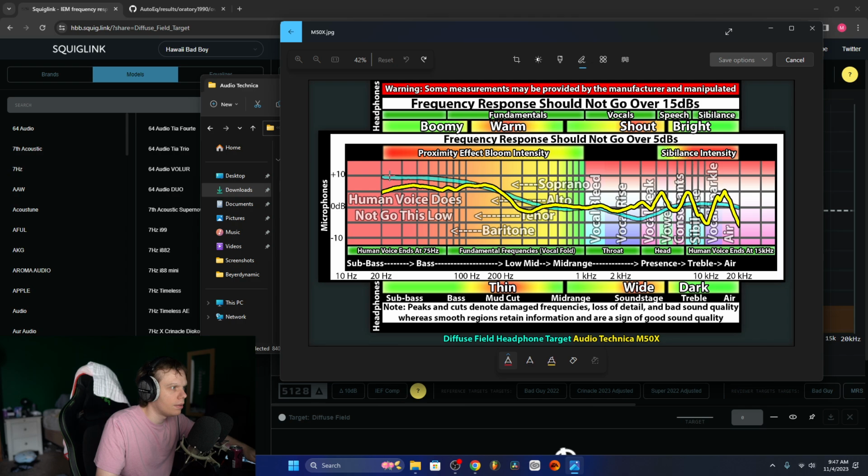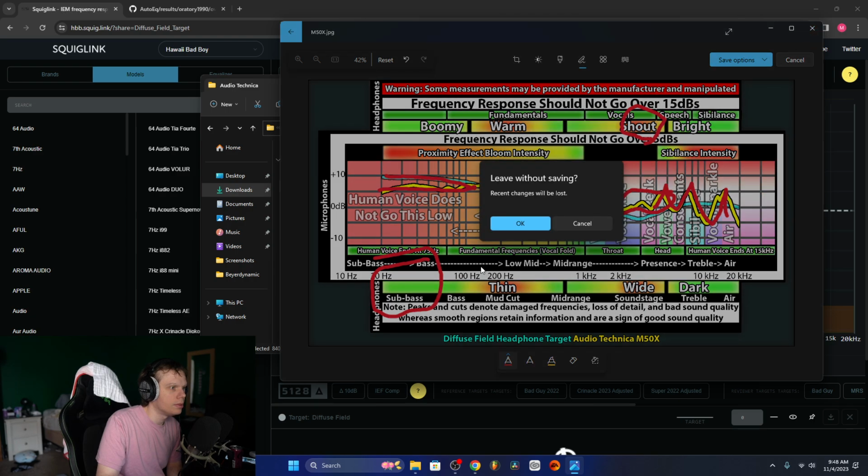We can see it doesn't have enough sub bass. We can see it's got some shout here. So we could see the treble is very spiky. So we can look at different headphones and see the tonality from 20 hertz to 20 kilohertz. All the tonality problems, and